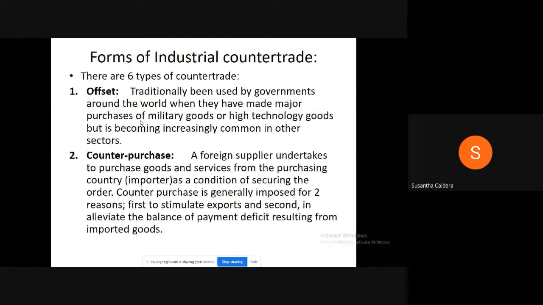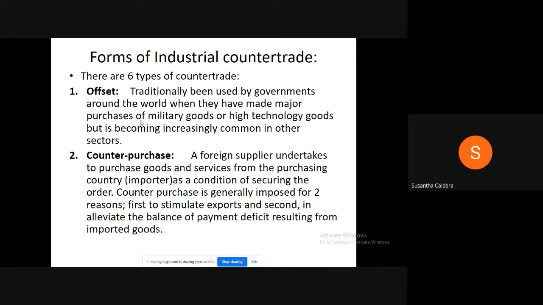Right. There are 6 types of counter trade. When we discuss these things, you will see, don't worry much because most of the counter trade patterns are very much similar to each other. Right now, first one is offset. Offset is traditionally used by governments around the world